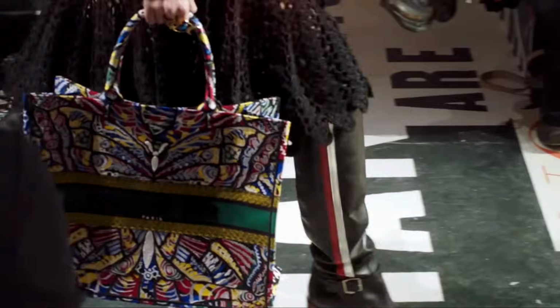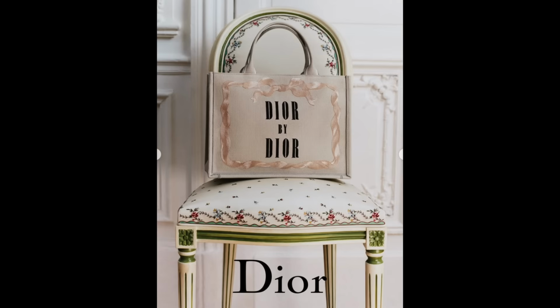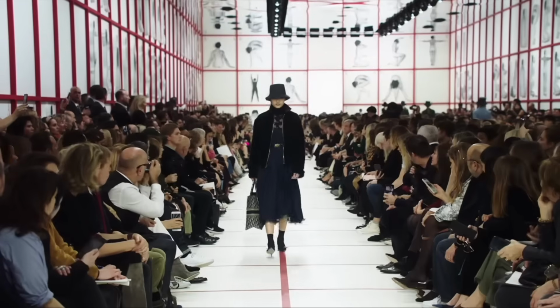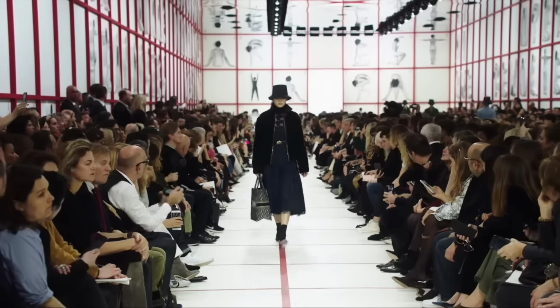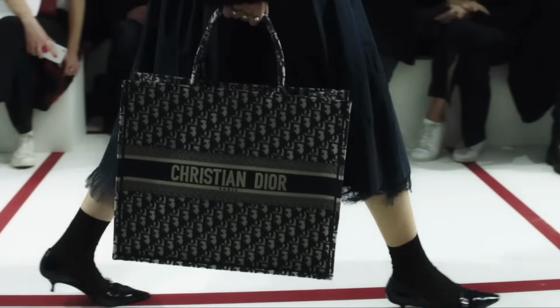Here is his take on the tote, referencing literature. And then there's this Dior by Dior one, big branding again. But the book totes often have this very massive Christian Dior text, and then either in some kind of pattern. Probably the most popular one was the Oblique pattern, logo on logo, but this feels a little bit more